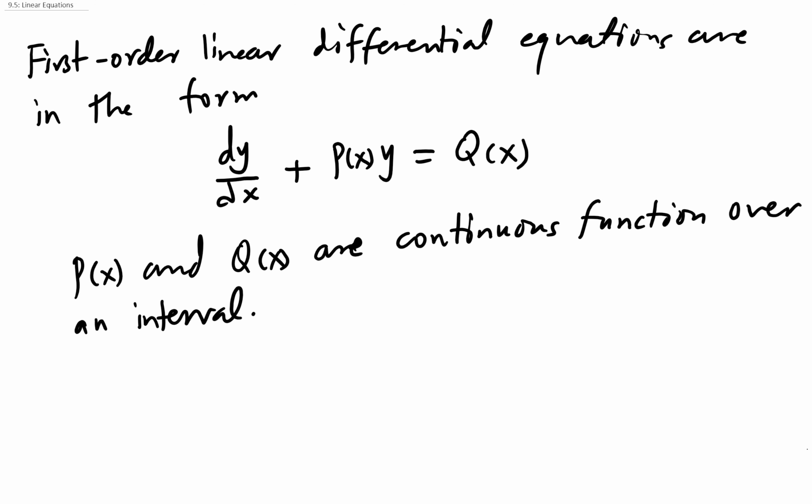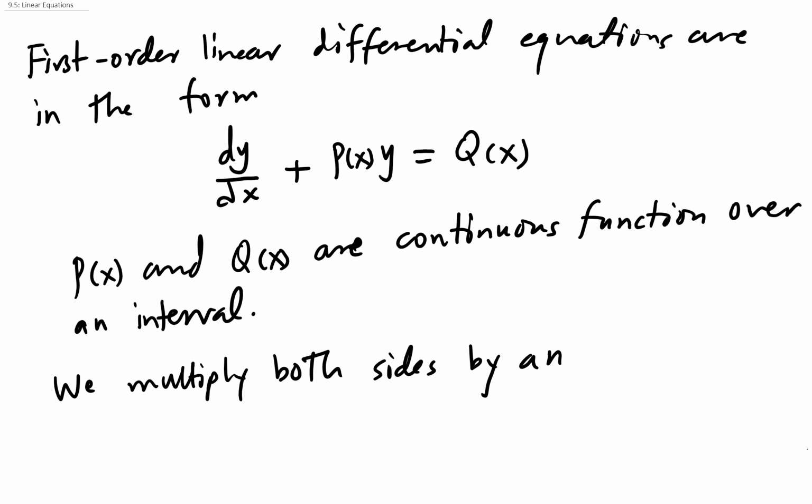Now one thing you are going to notice about this, no matter how you try to separate them, those are not separable. You can't separate the x's and y's. So we need another tool to help us solve such equations. And what's the tool here, or what's the trick around this? How do we go about this? So to go around this, we multiply both sides by another function. Another function, we call it I of x, so that